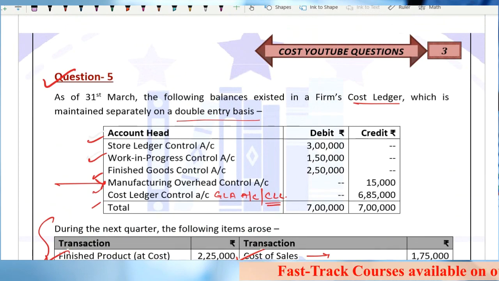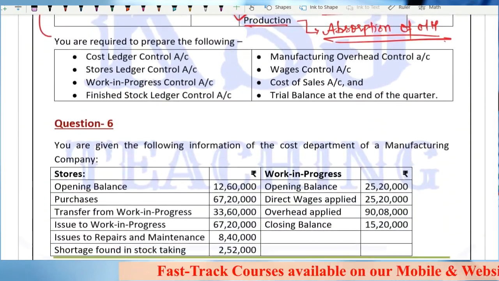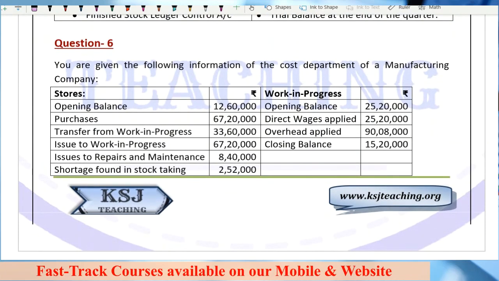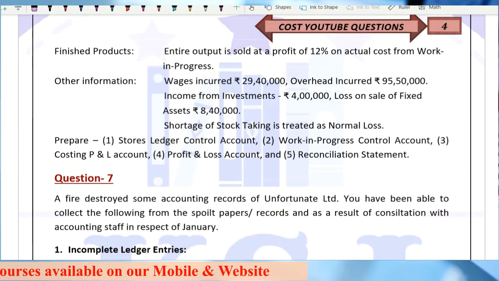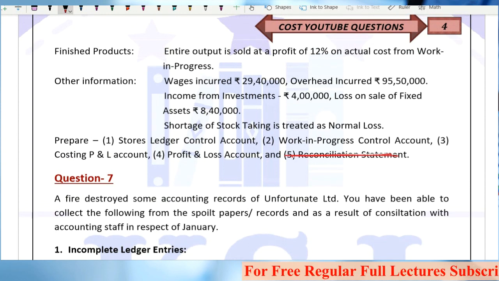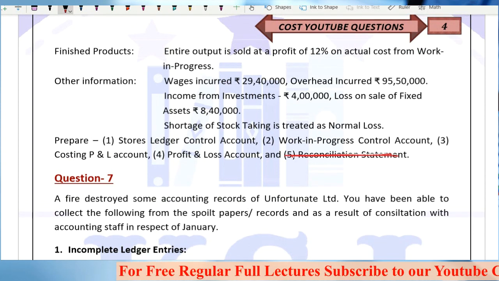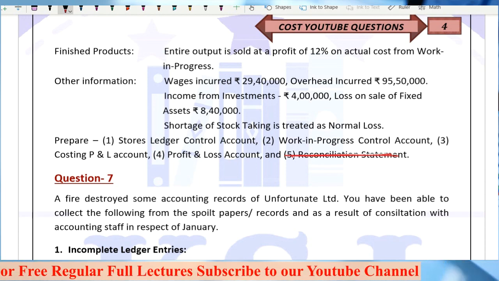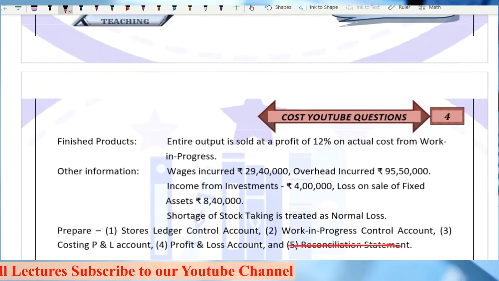right, sir? So all those who are having these question files, try question number 6 on your own once, right? Try to do question number 6. In question number 6, do not prepare this reconciliation statement right now, because I haven't taught you this reconciliation part. We will be doing it in the next lecture. So leave this reconciliation part. Try to prepare the rest of the accounts, right? Try to prepare on your own. Very simple. I'll discuss it in the next lecture now, right?